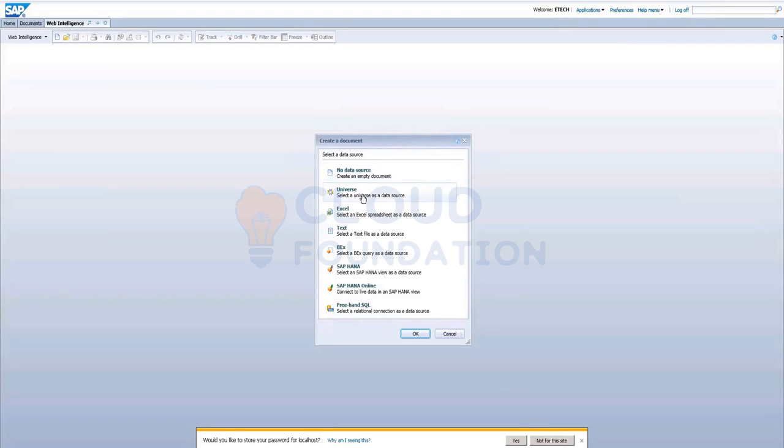The second source is a universe. Select a universe as a data source. As I told you already, there are universes already created. We can use the existing universes for our reporting purposes. And if you are technically strong enough, we can also create our own universes. If you are a complete BO developer, you will not just stay and create in Web Intelligence only.